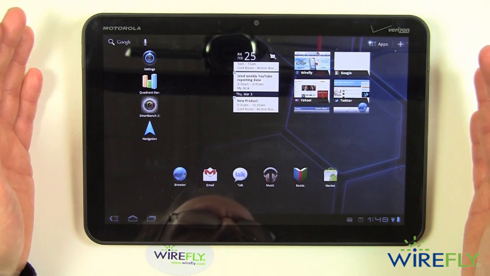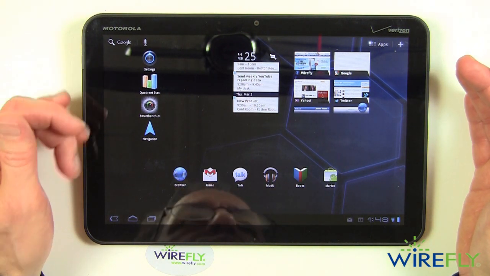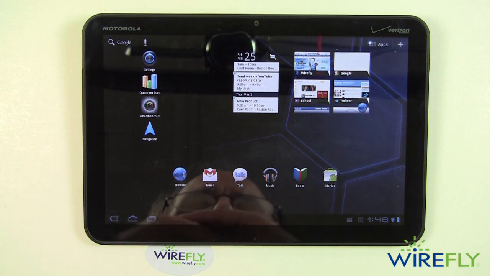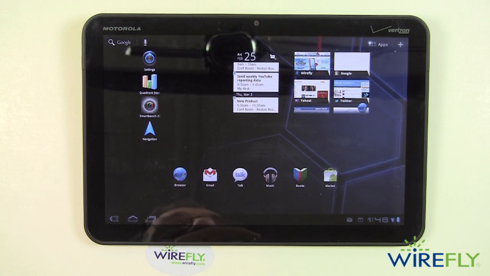Back to the main screen. Now, I want to run some benchmark tests. I loaded both Quadrant and Smart Bench on the Zoom, and I was actually a little surprised to find that they both work. Now, I don't know if they work perfectly, but they do both run, and I'll go ahead and run them for you so you see what the